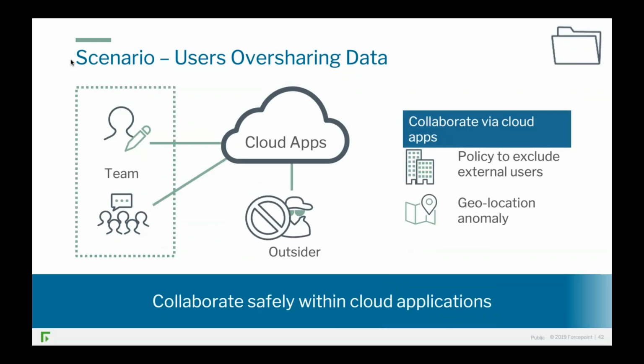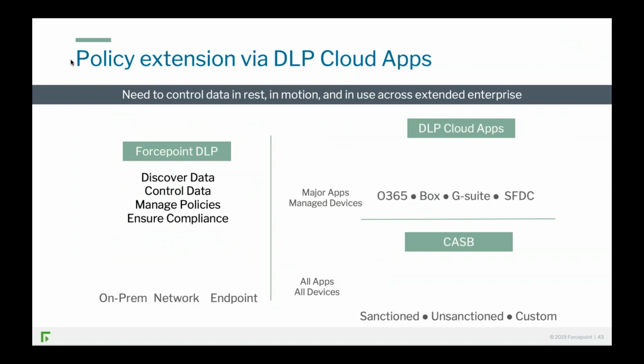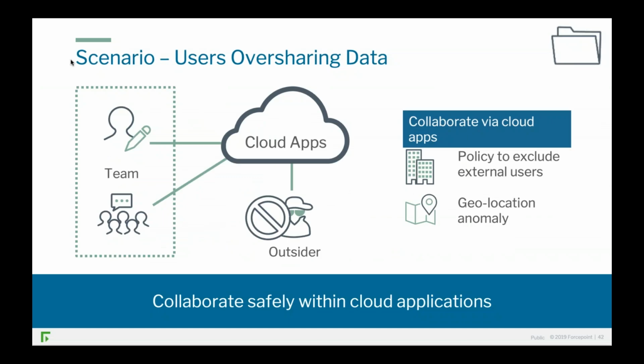Users sharing too much data, right? People are sharing. You want people to collaborate. You don't want to stop people from using Teams or Box, Dropbox, if that's what you decided you want to do. But really, when was the last time that we shared something with an outsider and then we unshared the link? It doesn't happen, right? There's a massive risk here that people will just use company-sanctioned, I don't know, Box, Dropbox, OneDrive, whatever it is. And then when they leave the company, they've still got that non-authenticated link that they can just click and get the data.